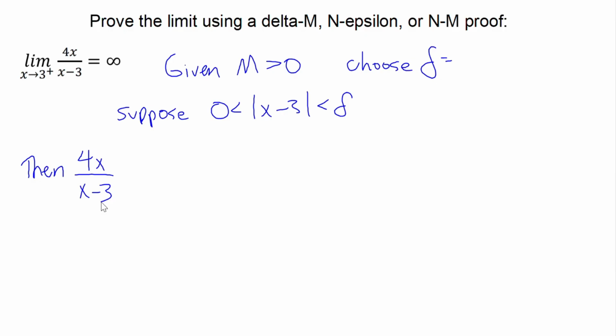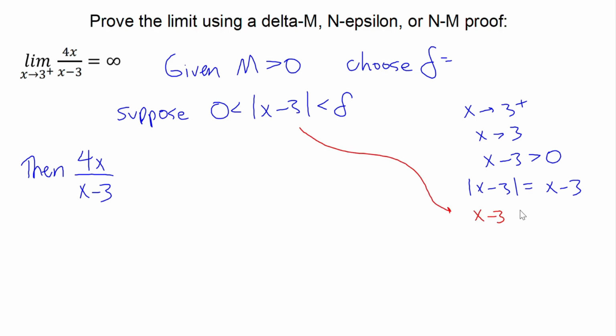In terms of constants and delta. And so, again, we have an absolute value in the suppose statement, but we don't have an absolute value in our function. So what we want to start off by doing is, again, recognizing that as x approaches 3 from the right, x is greater than 3, or x minus 3 is greater than 0. And if x minus 3 is greater than 0, then the absolute value of x minus 3 is just equal to x minus 3,